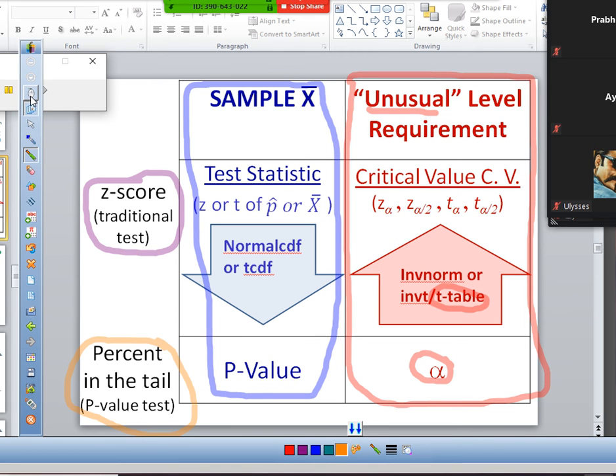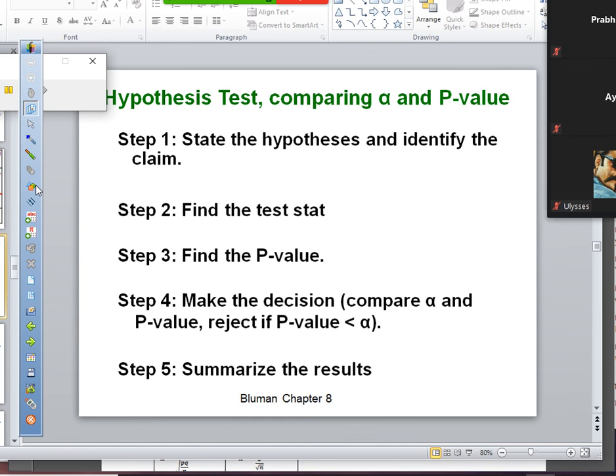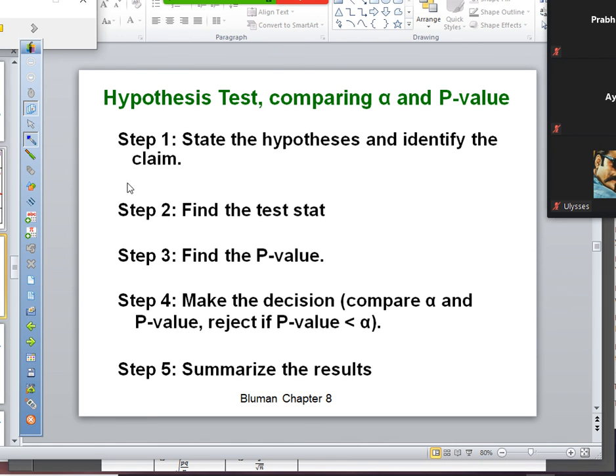Because that happens pretty often in the real world, I'm going to show you guys it. I'm not going to emphasize it a lot this semester just because it's a little more confusing, and I don't want to confuse you any more than I have to just because of the weird situation we're in. But these are the steps if you were to do them, and basically they're the same. Step 1 is the same. Step 2, you're going to have to find your stat test. So step 3 becomes step 2.